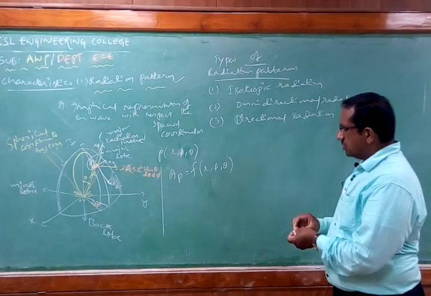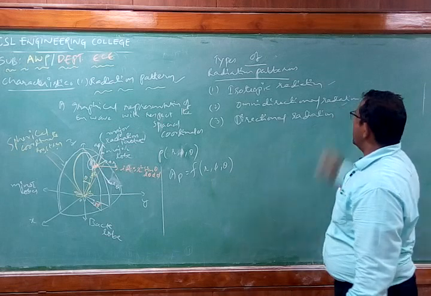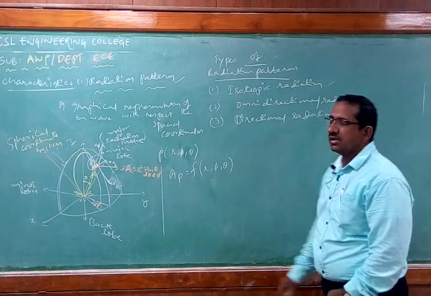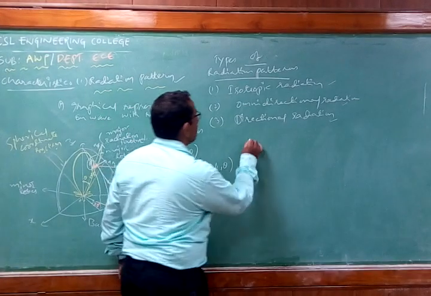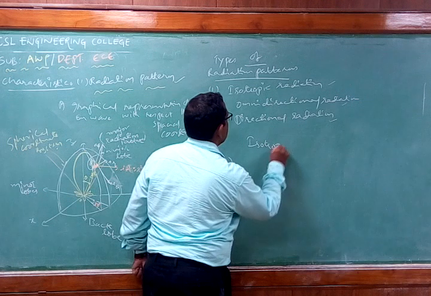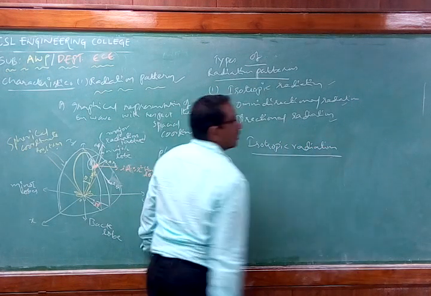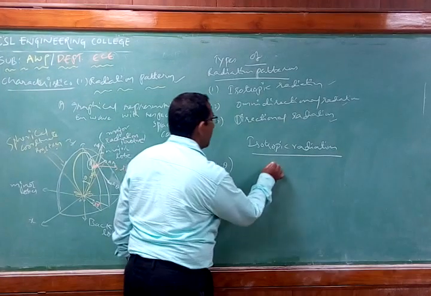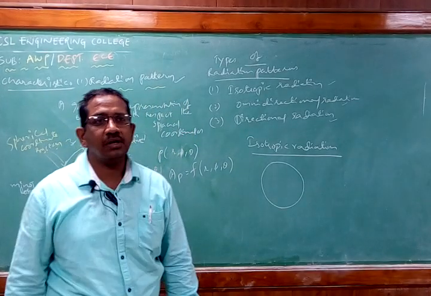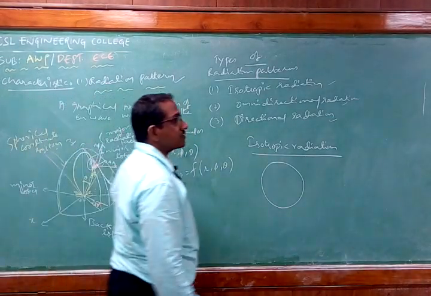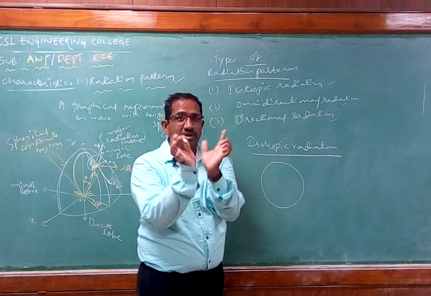What are they? This also we touched on in the previous class: isotropic radiation pattern, omnidirectional radiation pattern, and the next one is the directional radiation pattern. So when you talk about isotropic radiation pattern, how is it going to radiate? Imagine that there is a sphere like this. I am not drawing a three-dimensional view of a sphere, only a two-dimensional view, so I can just draw it like a circle, but you imagine that it is three-dimensional,